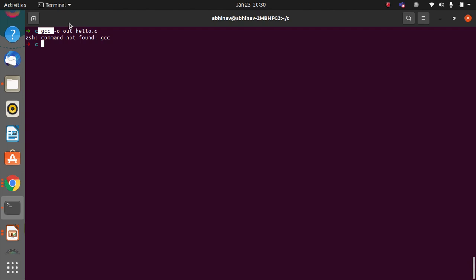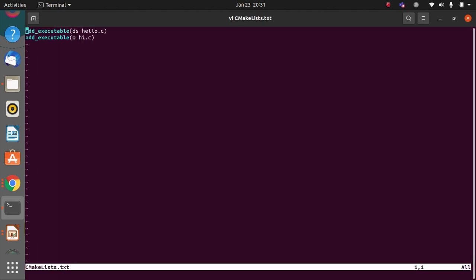But if you want to create your own makefile, it's always better to create your own, so that if you are developing any project, you can just include your source file there and run it. It will also be time saving and convenient for you. You have to save your file with the name CMakeLists.txt, and for running a simple code,